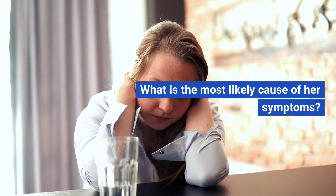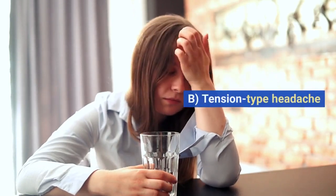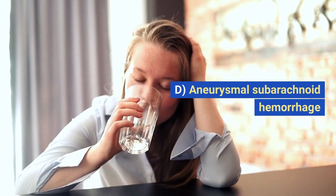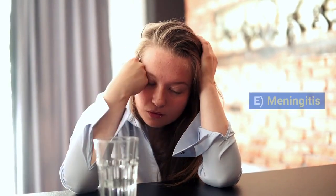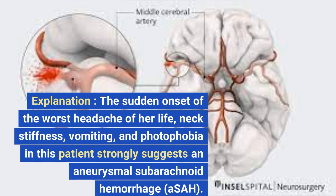What is the most likely cause of her symptoms? A. Migraine. B. Tension-type headache. C. Intracerebral hemorrhage. D. Aneurysmal subarachnoid hemorrhage. E. Meningitis. Explanation. The sudden onset of the worst headache of her life, neck stiffness, vomiting, and photophobia in this